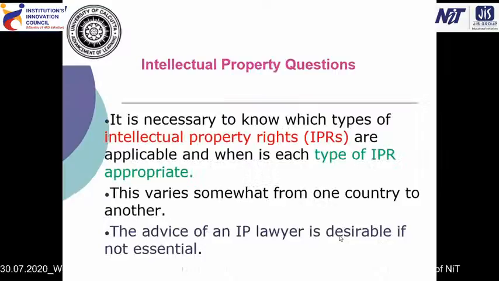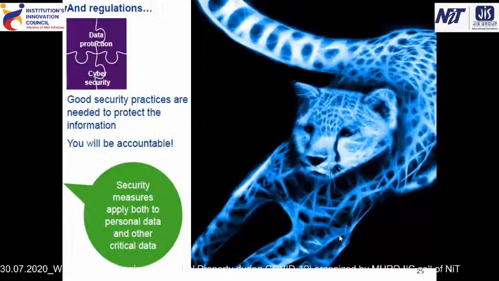This is the intellectual property question: increasingly, we need to know which type of intellectual property rights are applicable and when each type of IPR is appropriate. So, in our device modeling, the IPR in the internet network and e-commerce system is being assumed and thought about. Next,